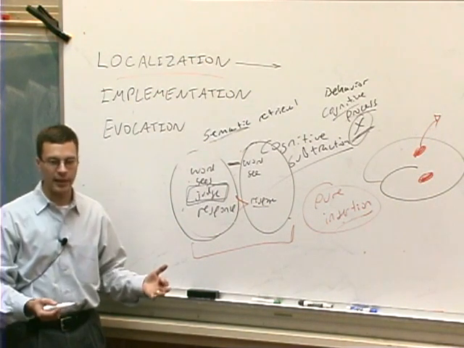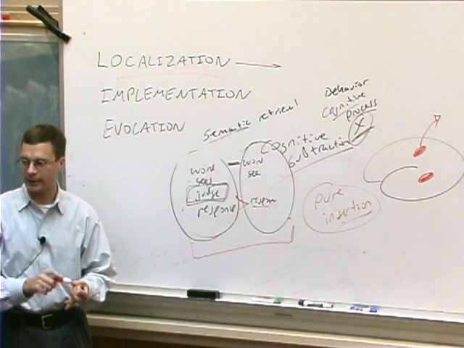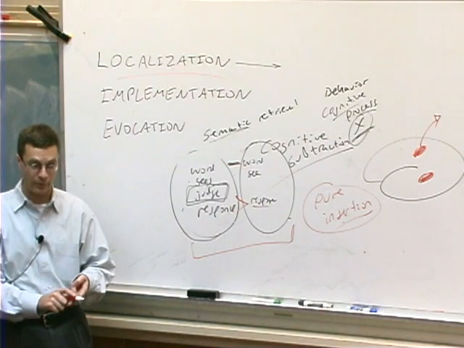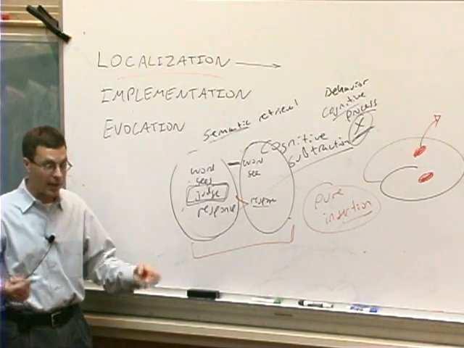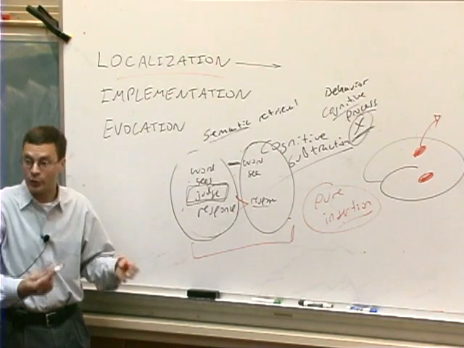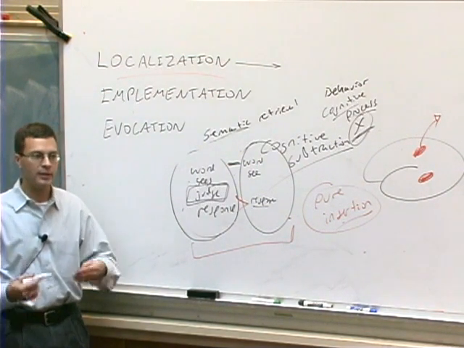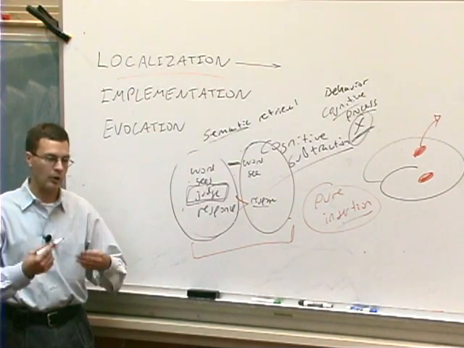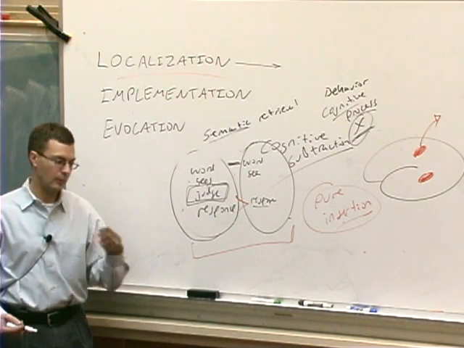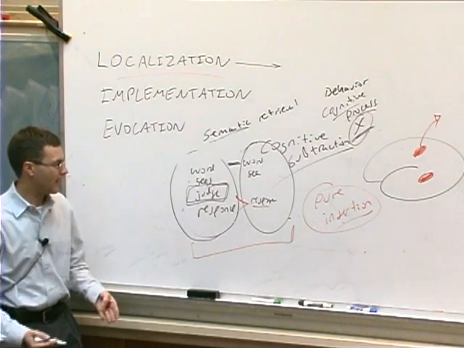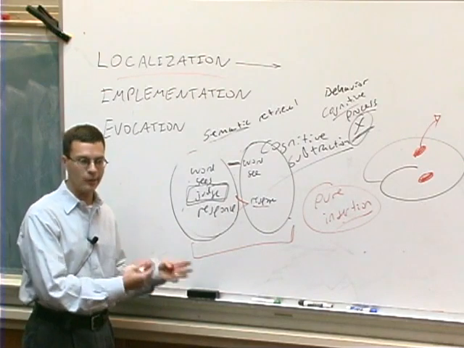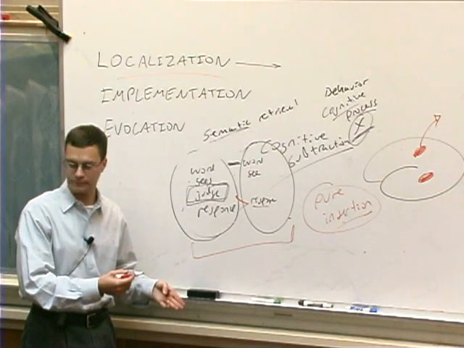Now, that's not to say that cognitive subtraction is fatally flawed, should be rejected and never used, and that you should throw away every paper that's ever used it. In fact, for a lot of mental operations, it's really the only thing we can do, right? If you have a mental operation that is evoked in a unitary manner in an all-or-nothing fashion, either you're making a semantic judgment or you're not, then this is really the only way that you could ever try and look at the neural basis of it, okay?